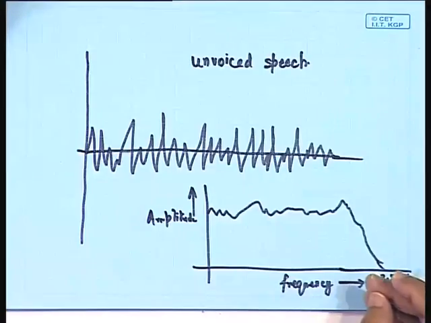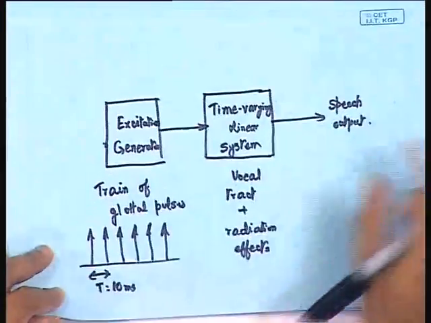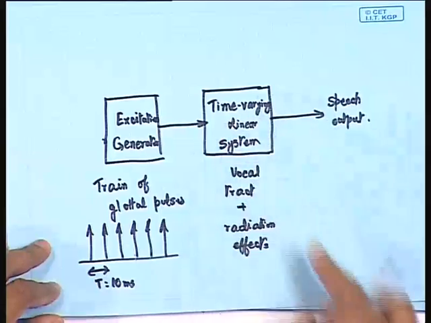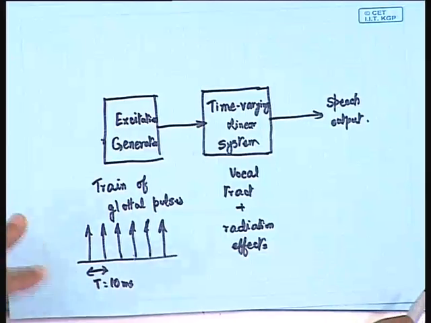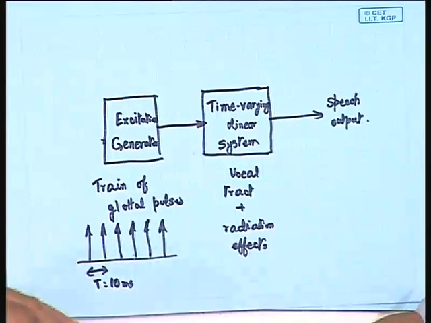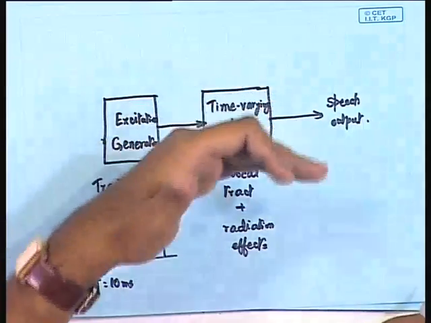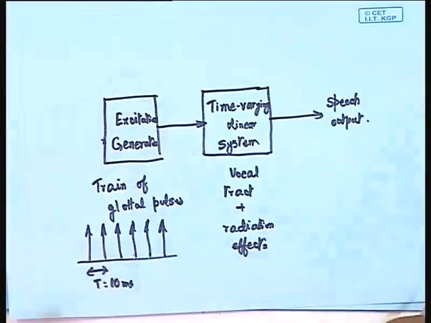Well, the reason is that, given the kind of model that we have described here, an excitation generator, then a time varying linear system, and that produces speech output, then in a similar way, if we can artificially produce this excitation and have a filter to model this vocal tract, then we should be able to produce speech in a synthetic way. But definitely, synthetic speech will never be anything pleasing to hear.